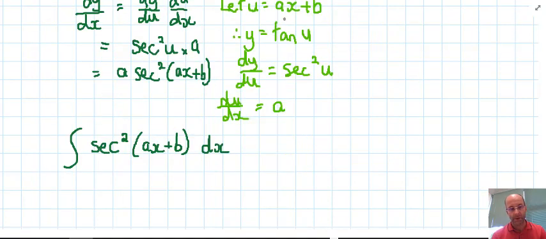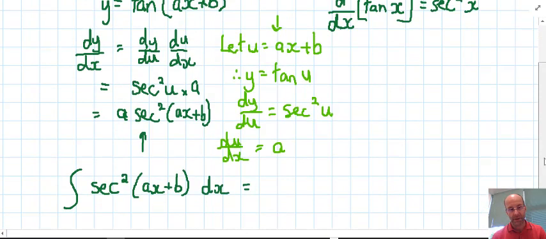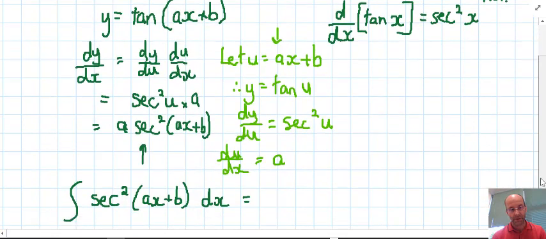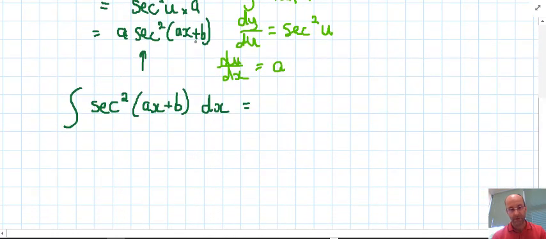Okay, what if we had to find the integral of sec squared(ax plus b)? Well, it's close to that last result, except for it doesn't have the multiple of a on the front. So we know we're going to get something involving tan(ax plus b). So what we need to do is just reverse it. We're reversing this process that we just went through here, reversing the differentiation process, and we'll get back to tan,